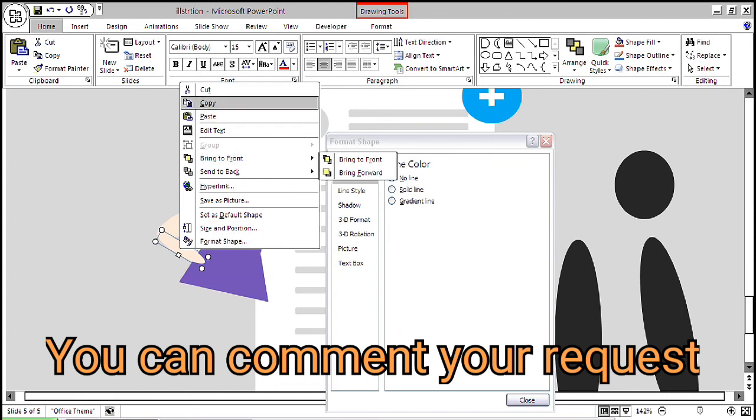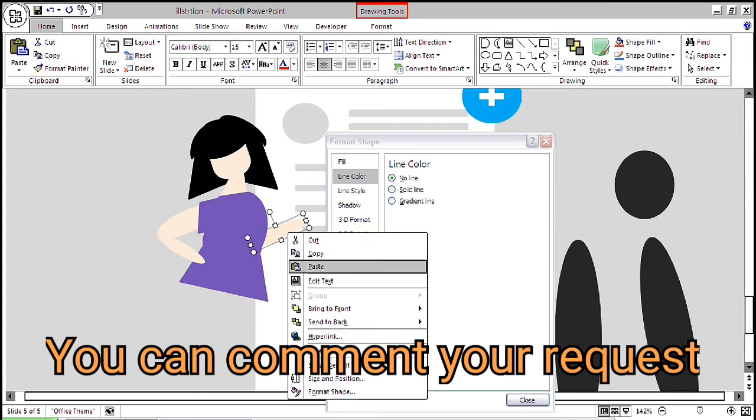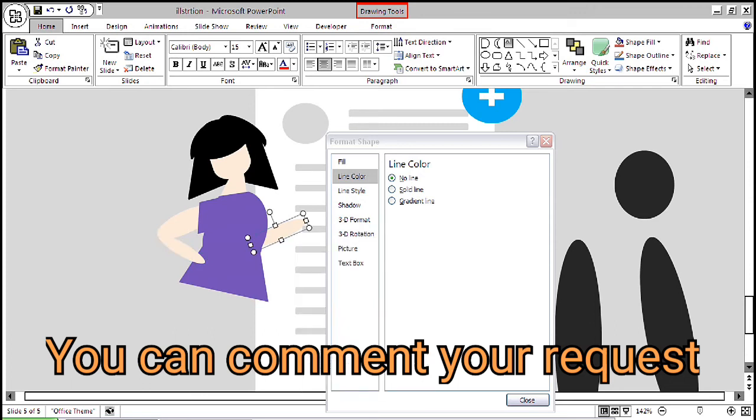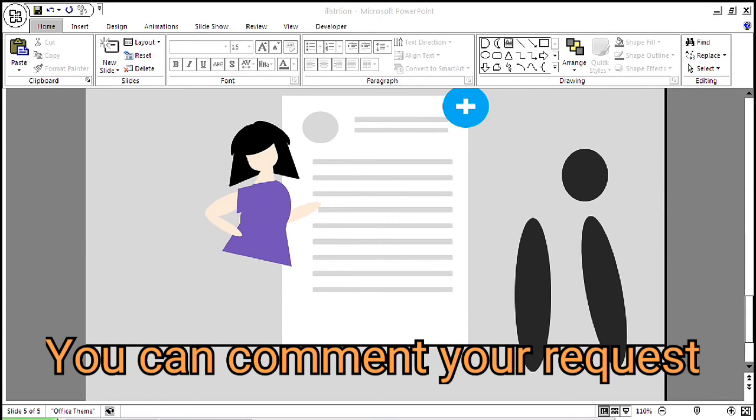Bring to front, then copy that thing again, paste. Again you have to make the left hand of the figure. So use the same circle and make the left hand of the figure, and place it at the back side of the figure, above the body part of the figure.